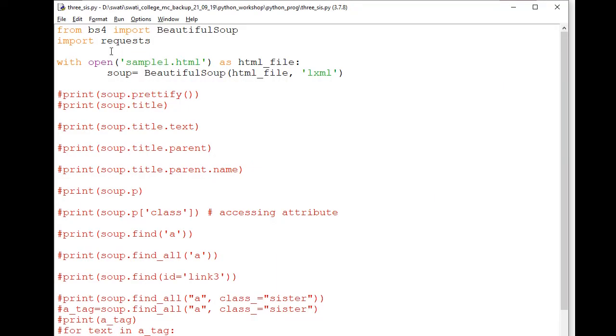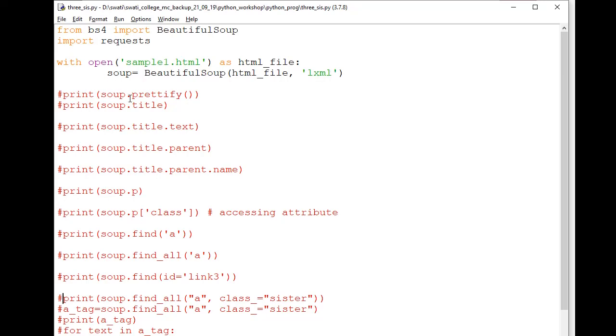I have already written the code for it. Now see, here there are imports. First you need to import your Beautiful Soup, you need to import your request. Anyways, we are not going to use request in this particular example because the file exists on my desktop. So actually I'm not going to send a request. I'm just opening the file as HTML_file, and I'm calling the Beautiful Soup function. We need to pass two parameters, the HTML and the parser. Here HTML_file contains the HTML of our document, and then we pass the parser.